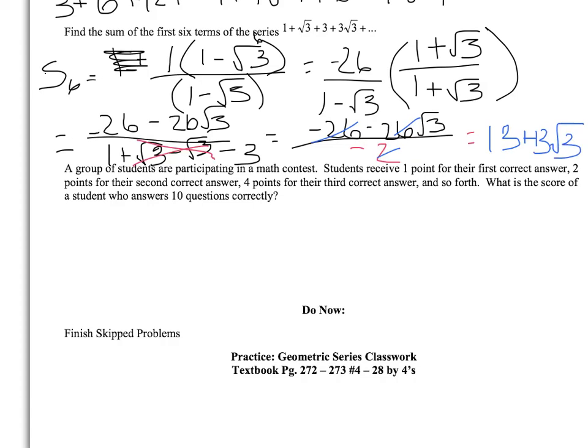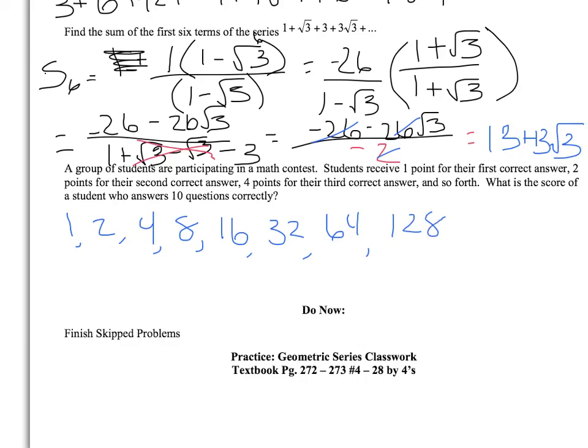And finally, one more problem here. It says a group of students are participating in a math contest. Students receive a point for the first answer, 2 for the second, 4 for the third, and so forth. What is the score of a student who answers 10 correctly? Well, maybe you like to list it, because a lot of people do. So they scored 1 point for the first, then 2, then 4. We'll look at the pattern. You're multiplying by 2 to get from one term to the next. So the next one's going to be 8, and then 16, and then 32, and then 64,